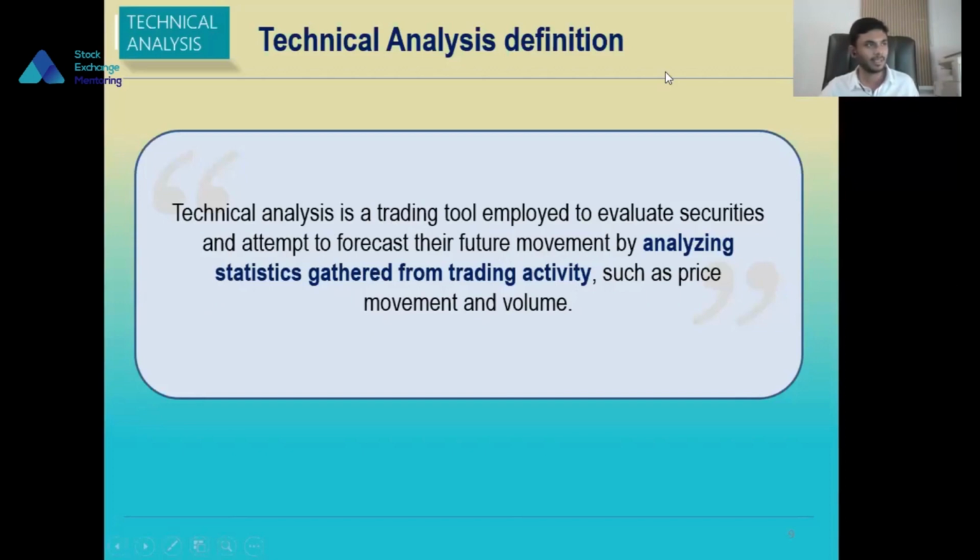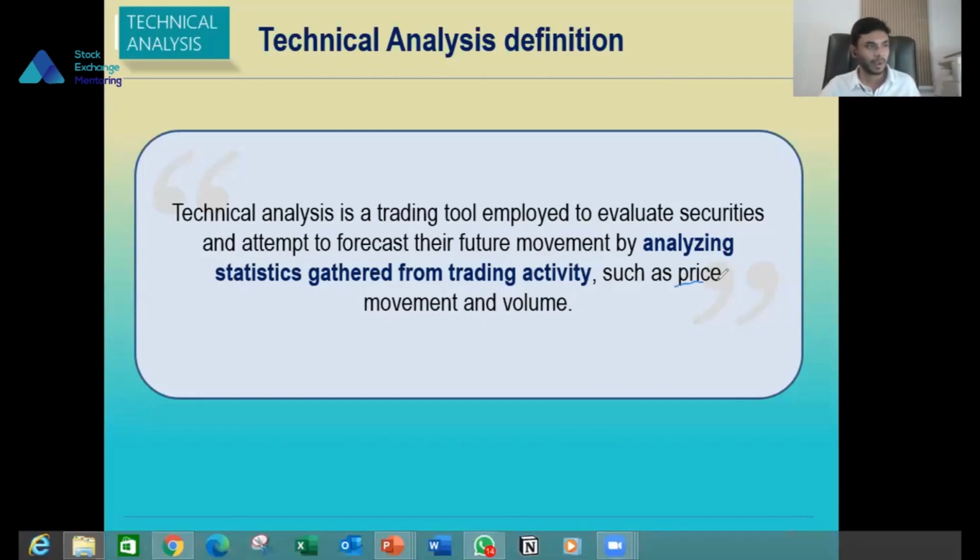So now you can see the main thing is price movement and volume and trading activity. Instead of fundamental analysis, where we go through the company's financial statements, their business aspects, management decision making, and the economic, macro and micro conditions, we will be mostly focusing on price movement and volume, to understand the mass market idea.